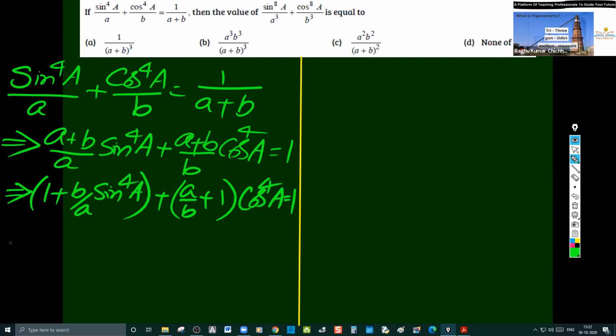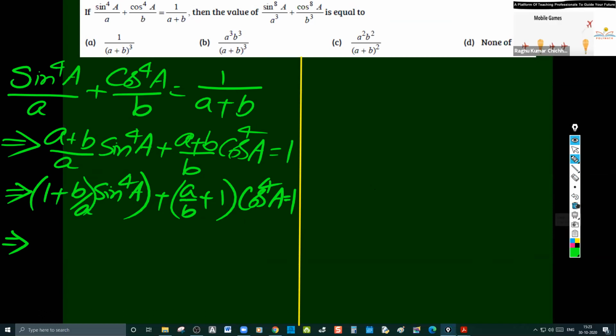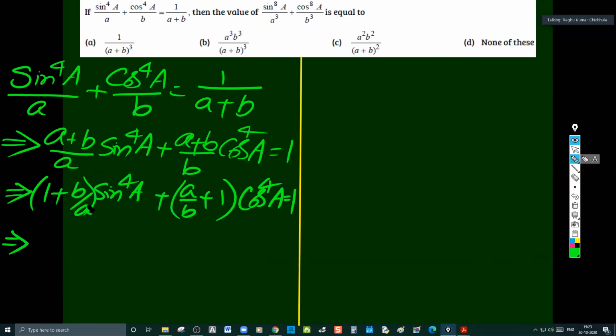Then what happens? Just see this carefully. This is 1, this is 1, and you have to multiply this. I think I must have a bracket here. Maurya, I must have a bracket there. I missed it. Yes, sir. And I don't need any bracket here. Correct or not? Yes. Now, if you split it now, 1 into sine 4th.